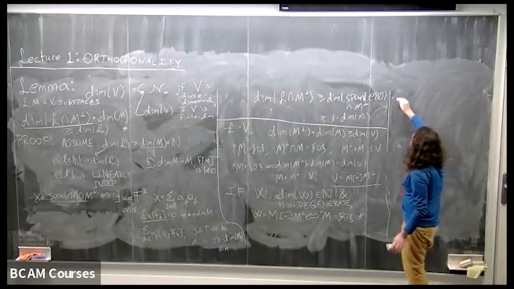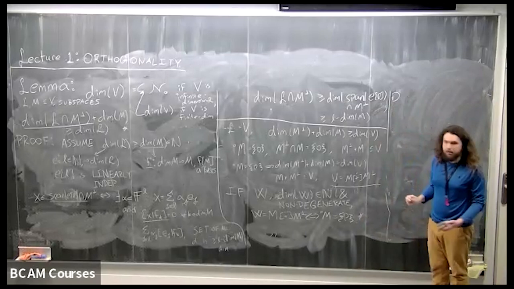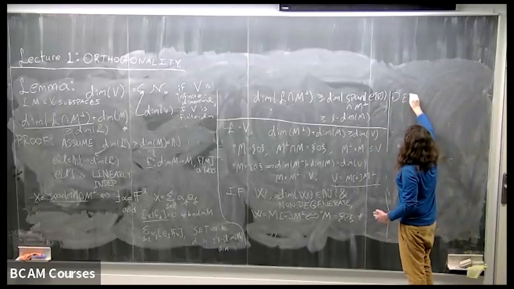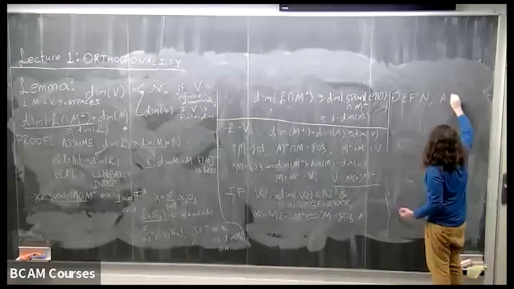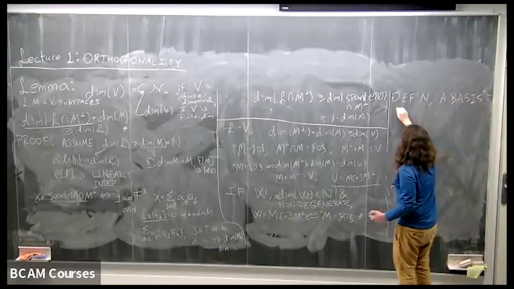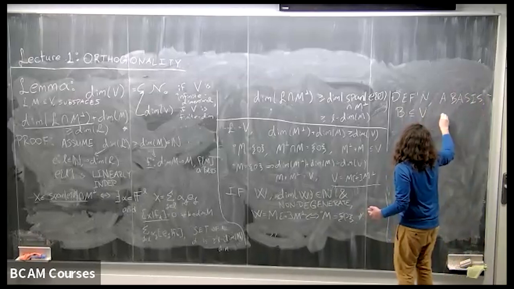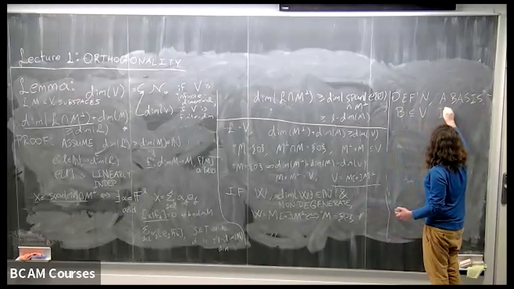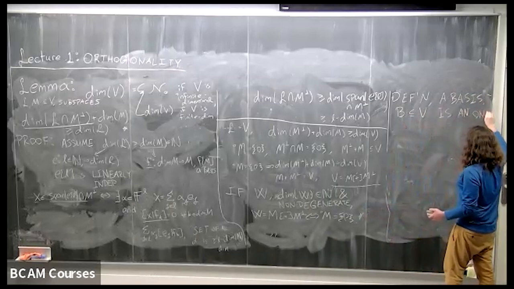First, I'll just clarify that when I say the word orthonormal basis, we're both talking about the same thing. Definition: a basis, let's say B, in an inner product space V is an orthonormal basis, which we'll abbreviate as ONB,